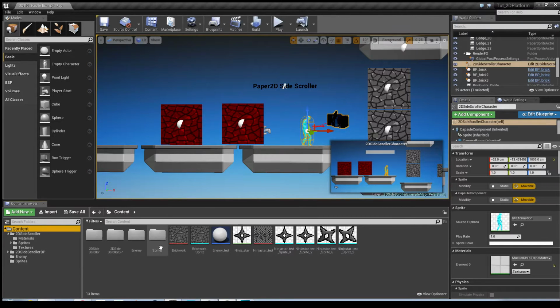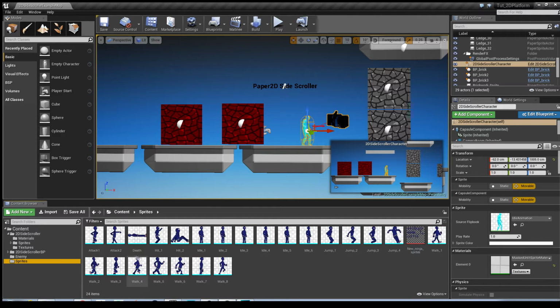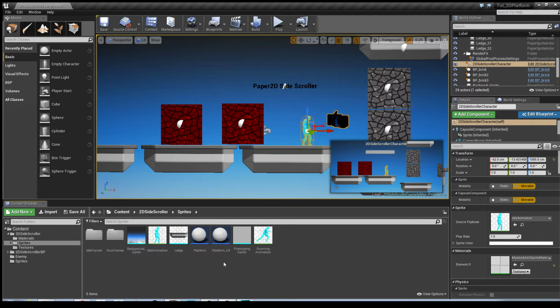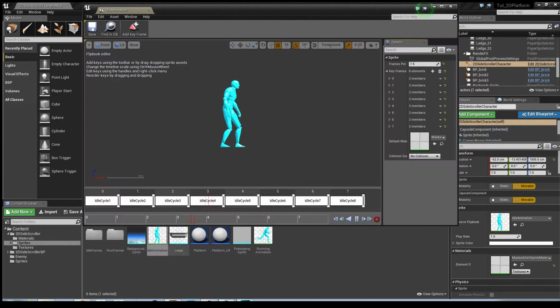Okay, so first of all, I want to change the default character sprites. Currently with the 2D character, there is a running animation and an idle animation, but I want to swap them so that I can put my own sprites in. All you do is go into the 2D side scroller, click on sprites, and you'll see the two animations, flipbooks already there for running and idle. I'm going to change out the idle ones first,